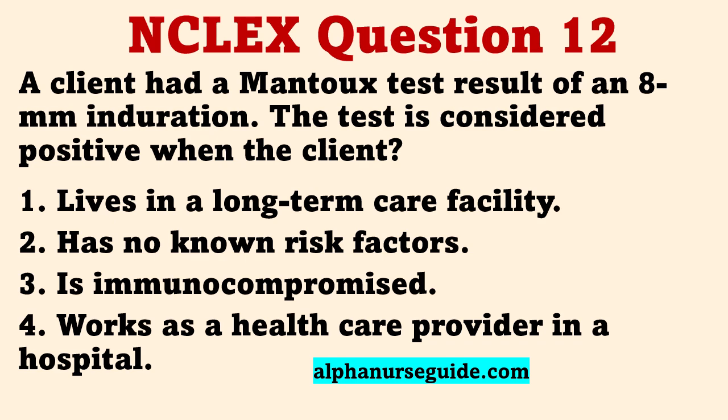The correct answer is 3. An induration of more than 5 to 15 millimeters to 10 TU is considered a positive result, indicating TB infection. An induration of greater than 5 millimeters is found in HIV-positive individuals, those with recent contacts with persons with TB, persons with nodular or fibrotic changes on chest X-ray consistent with old healed TB, or clients with organ transplants